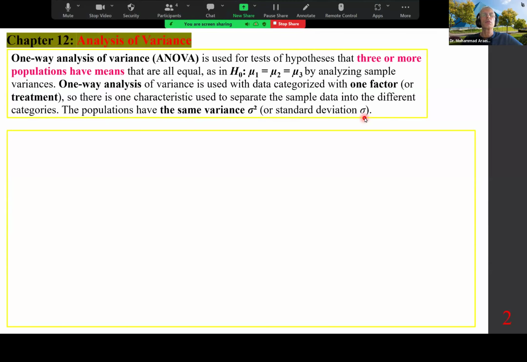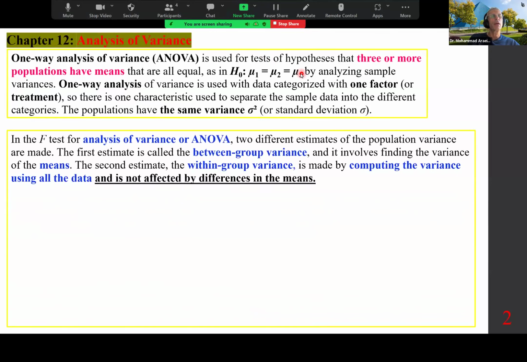So in short, when we have two of them, we use the t-test. When we have more than two, for example 3, we use analysis of variance. In the F-test for analysis of variance, or ANOVA, two different estimates of the population variance are made. The first estimate is called the between group variance, and it involves finding the variance of the means. The second estimate, the within group variance, is made by computing the variance using all the data and is not affected by the difference in the means